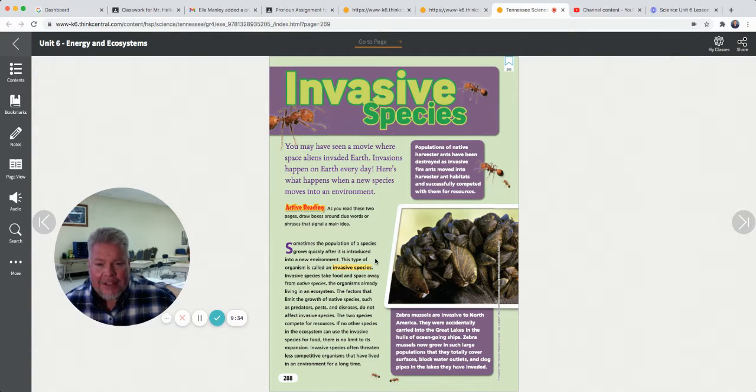Okay, that sounds like a lot of hard stuff. Invasive, think of the word invaders. They sneak in and they start taking over. So let's say we have an invasive species around here. Let's say that all of a sudden moose started living in Tennessee. Well, is there anything in Tennessee that's going to eat a moose? No. Maybe people, but that's it.